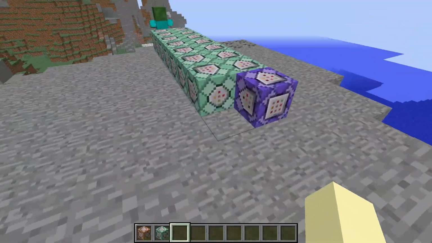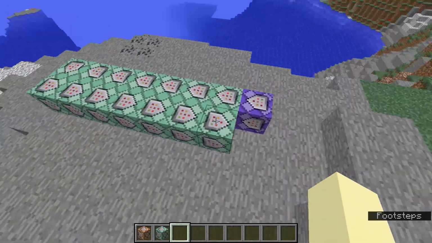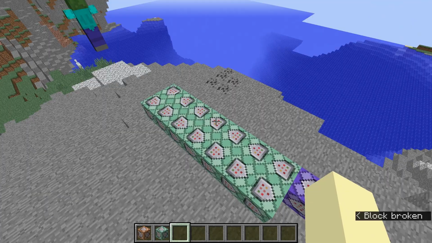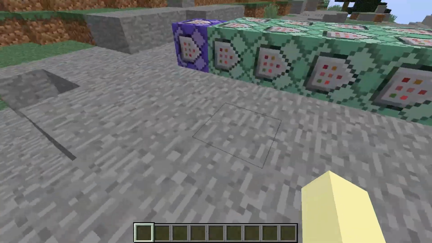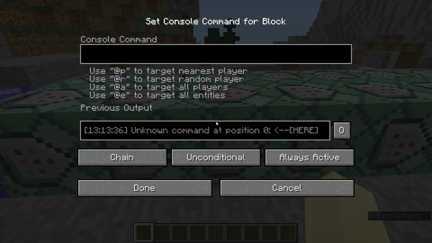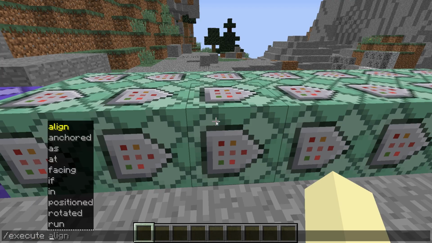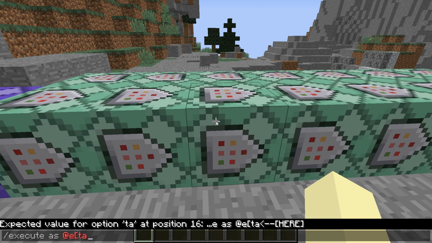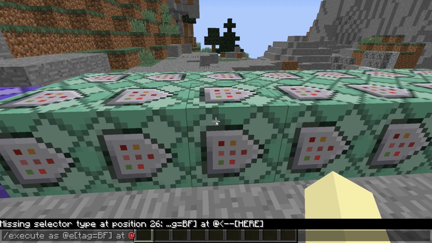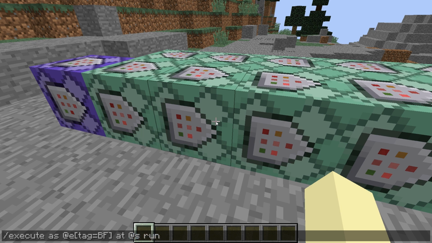So yeah, that's the invisibility bar. Now we've got a bunch more commands to do. This command right here is pretty simple. All we have to do is execute as @e[tag=BF]. Oops, that is not an equal sign. And then @s, and then run tp @s, and then we go tilde up, and then you need to type in